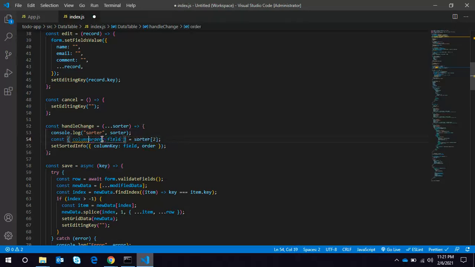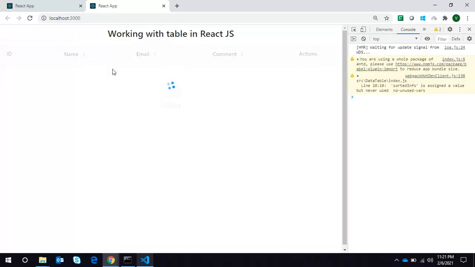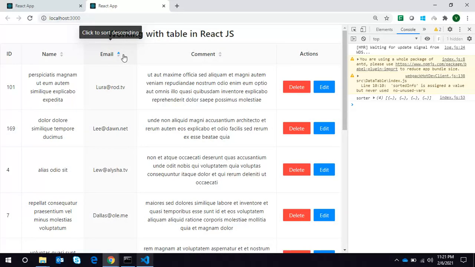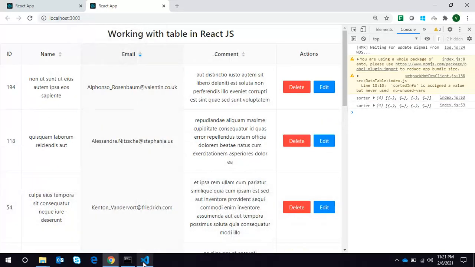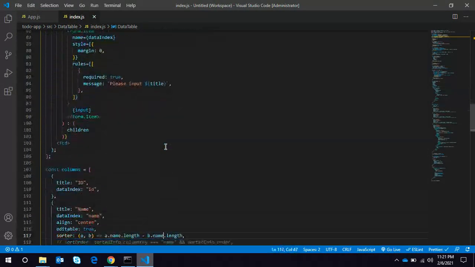I think it's not required. Let's see. I hope we haven't broken anything here. Okay, it's working. Now let's uncomment this thing.